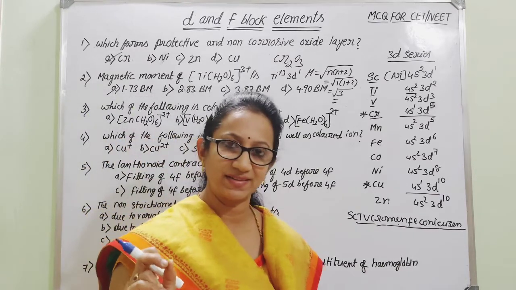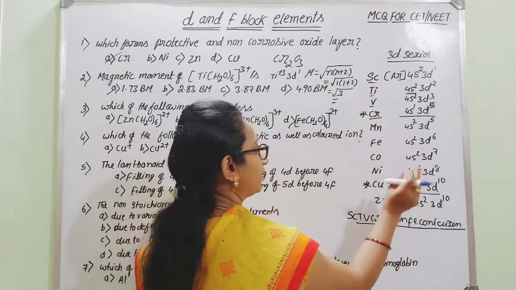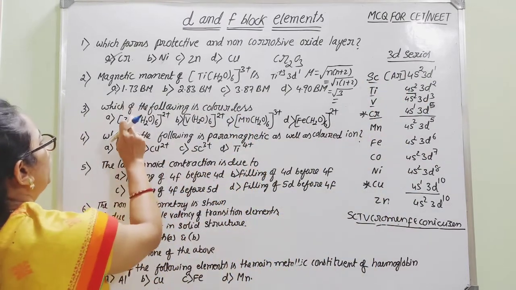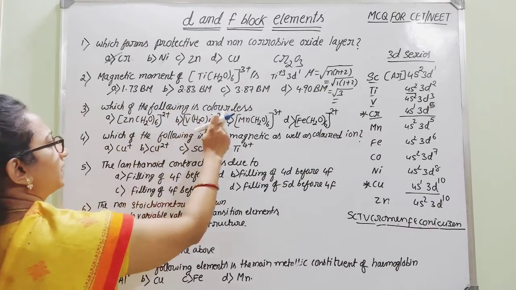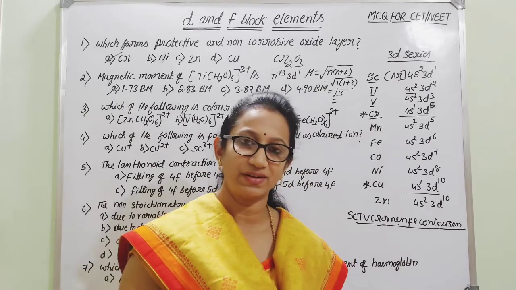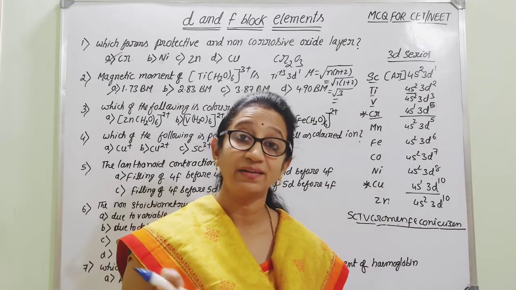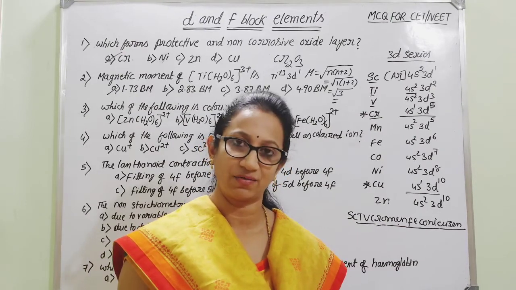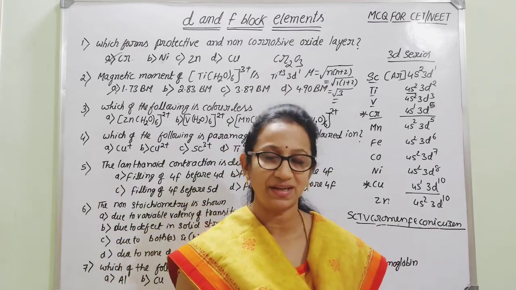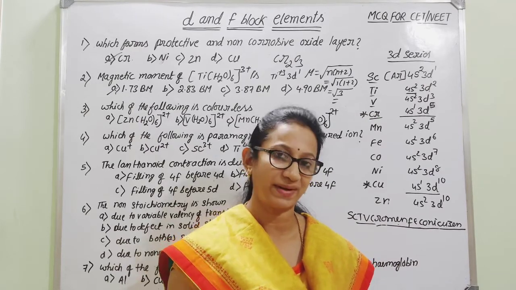Whichever question will be raised based on magnetic moment, the most important thing is that you should remember the sequence along with their respective configuration. Then, if you go for which of the following is colorless? Here you remember, for exhibition of any color by any transition element, the main reason is the presence of unpaired electrons. These unpaired electrons cause d-d transition, that is transition of electrons among the d orbitals itself. Therefore, the color of these transition elements is due to presence of unpaired electrons.